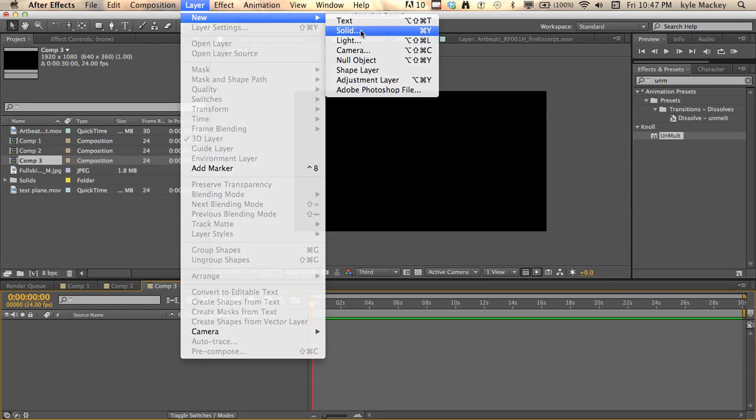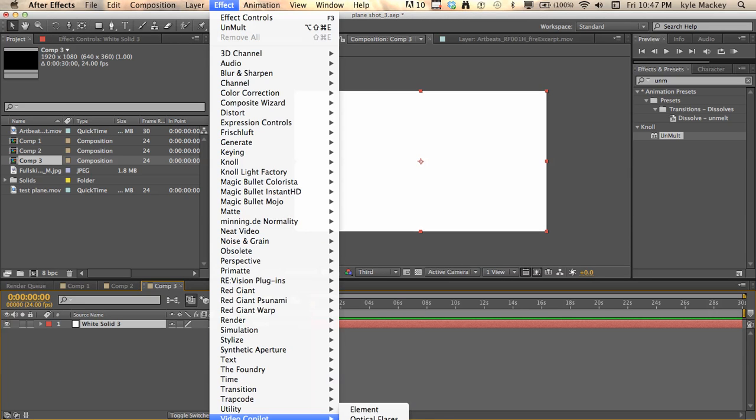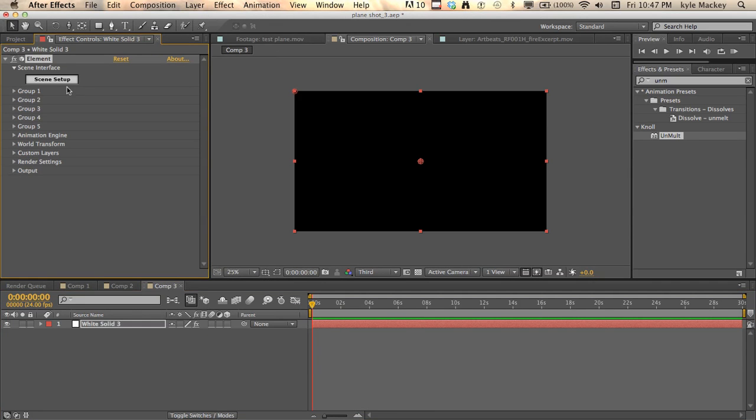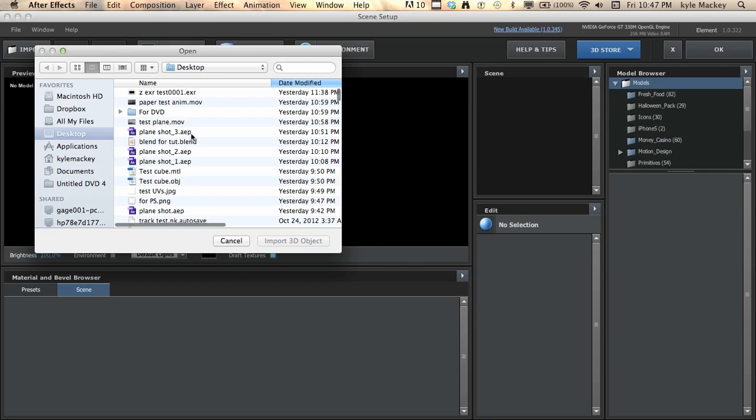I'm going to make a new solid, the size of the comp, with Element on it. I'm going to go to the scene setup. I'm going to import my OBJ,